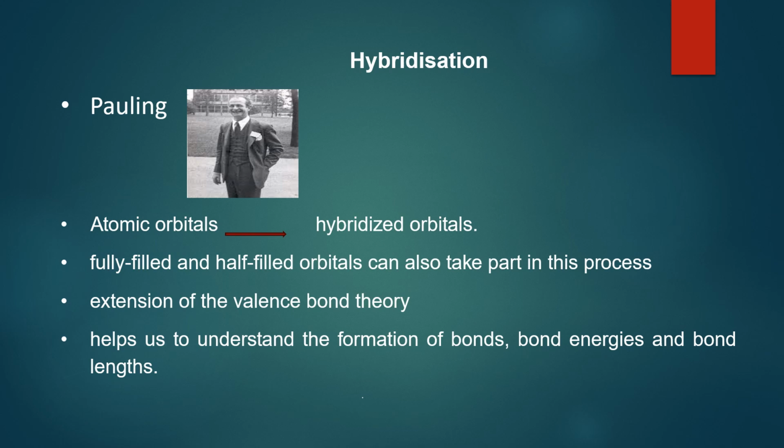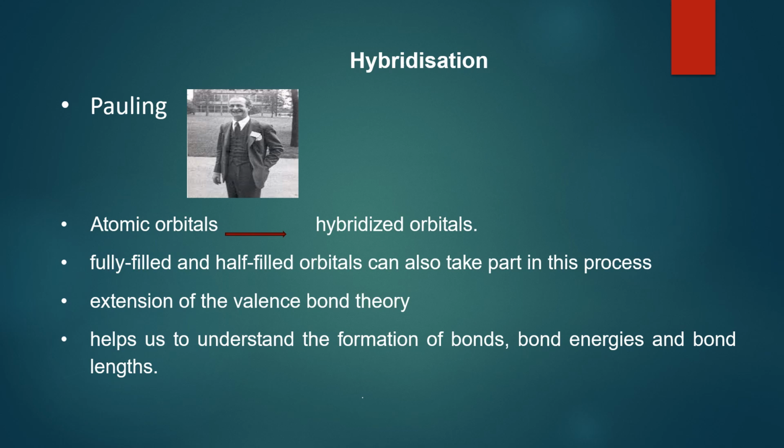Usually, this intermixing of the atomic orbitals leads to the development of hybrid orbitals with completely distinct energies, forms, etc. The majority of hybridization occurs between atomic orbitals of the same energy level. But as long as they have the same amount of energy, half-filled and fully filled orbitals can likewise participate in